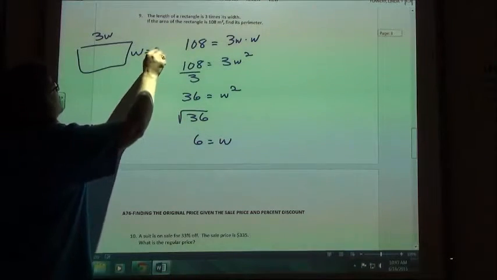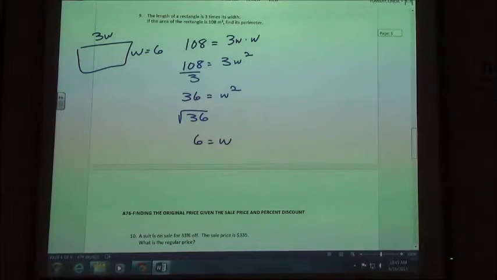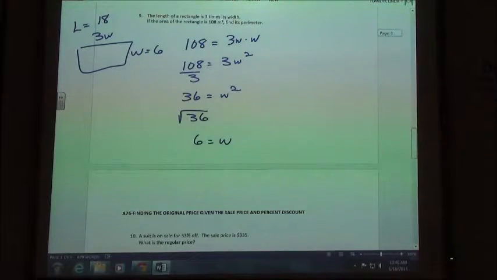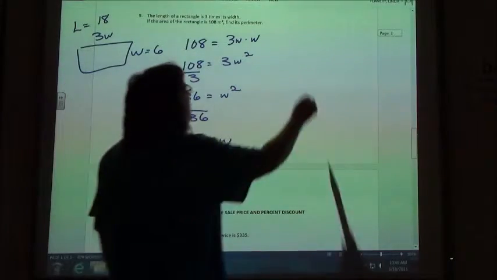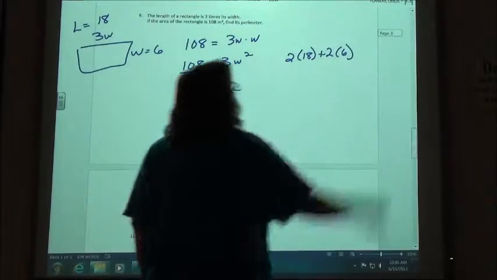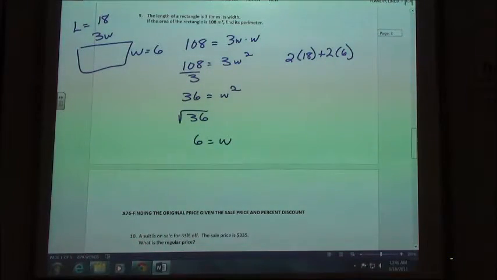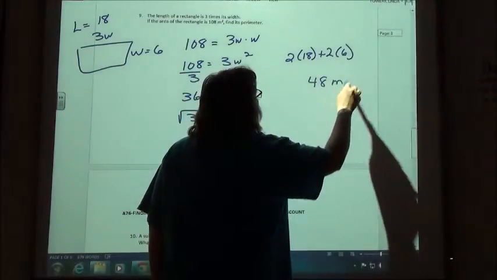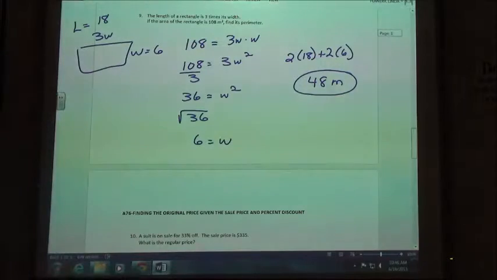If my width is 6, what is my length going to be? 18. 3 times 6. Now this one asks you to find the perimeter at the end. So if I'm going to find the perimeter, I have to take 2 times the length plus 2 times the width. So 2 times 18 plus 2 times 6. And I would come up with 48. Since this is a perimeter, it's in the plain units, so 48 meters would be my